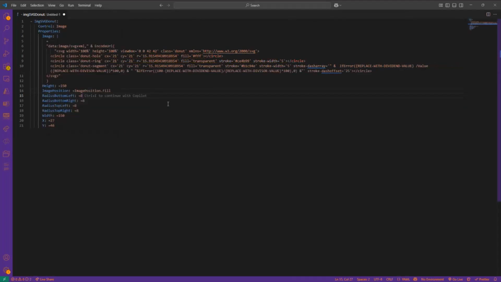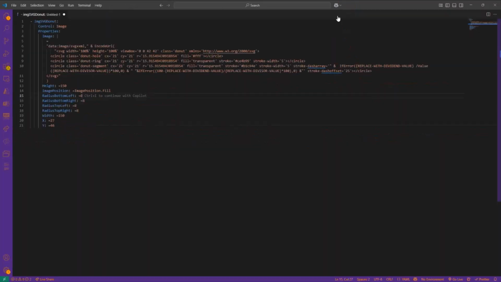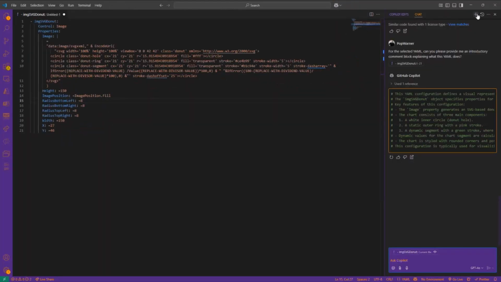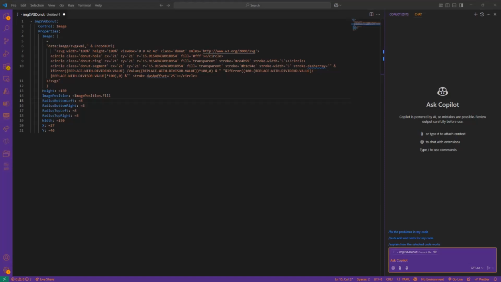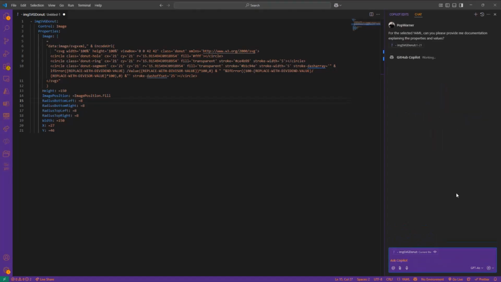I'll go in and I'll say word wrap. And then right up here, I'm able to access GitHub Copilot. So I'm going to go over there and start a new chat. And when you do that, you could use this for creating some documentation. I'll be real quick here. We'll show. Please provide me documentation, because who loves to write documentation, right? Nobody. So let's let the technology do it for us.